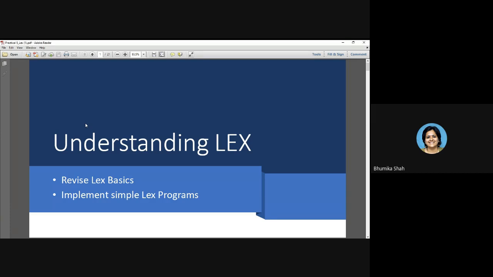Lex is going to convert your Lex syntax to an equivalent C program. The complicated C program which you would have to write, that task Lex is going to do for you. So we are going to use Lex for making your task simpler and for writing the lexical analysis phase for you.